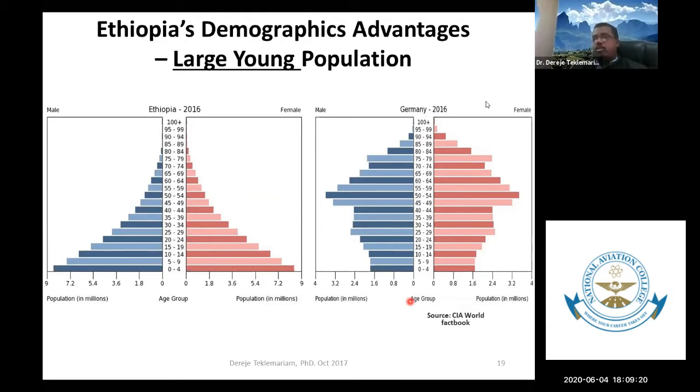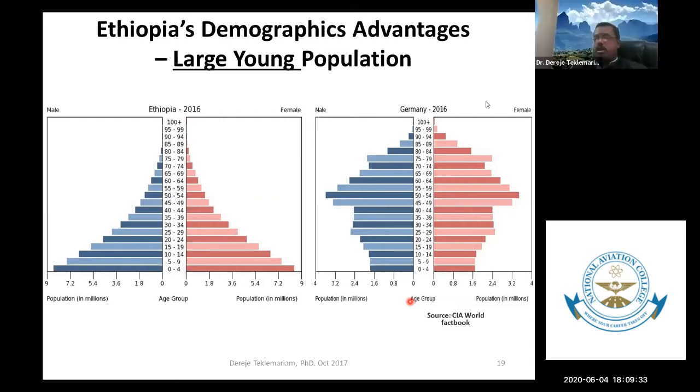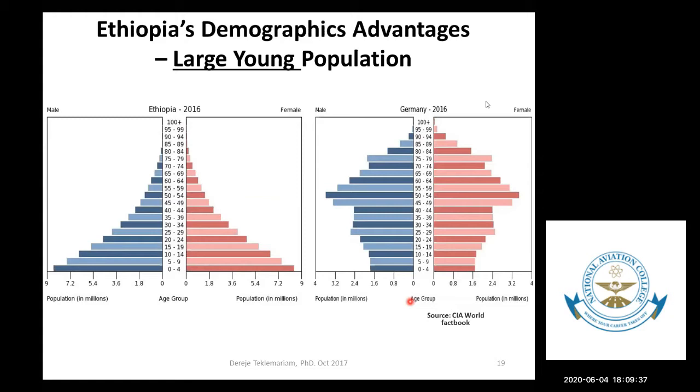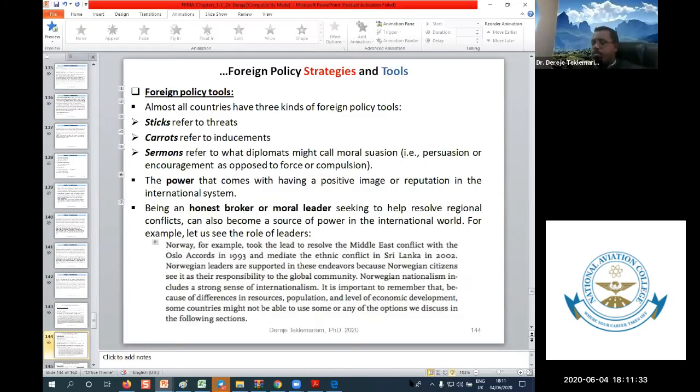A stick is normally referring to threats, by creating a kind of threat to other countries who may not be aligned to the country of interest. Then they can have that stick. So the stick could be an interesting issue to deal with in foreign policy matters, so that can be considered as a tool. The other is called the carrot.